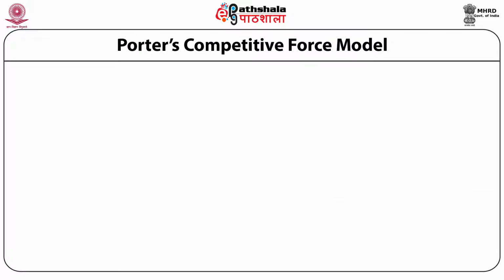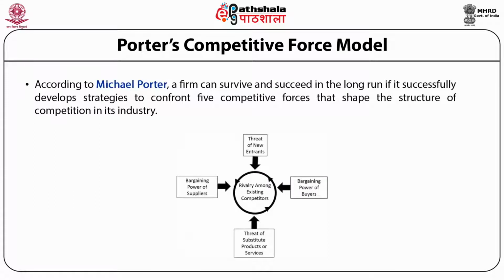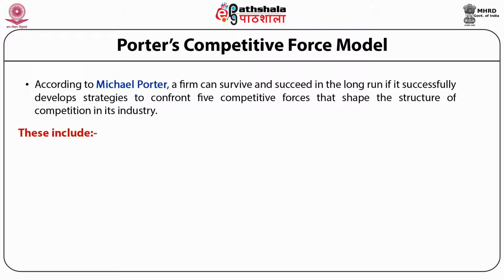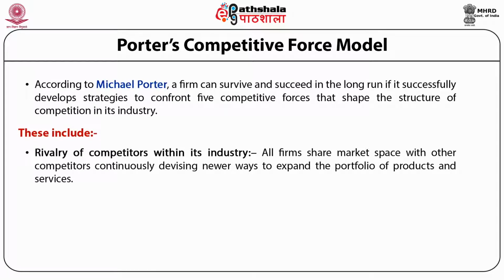Now let us look at Michael Porter's competitive force model. According to Michael Porter, a firm can survive and succeed in the long run if it successfully develops strategies to confront the five competitive forces that shape the structure of competition in its industry. These forces essentially shape the fate of the firm. These include the very first force, that is rivalry of the competitors within its industry. All firms share market space with other competitors, continuously devising newer ways to expand the portfolio of products and services. The motive is to attract customers by developing brands and increasing the switching cost to capitalize on stickiness and loyalty